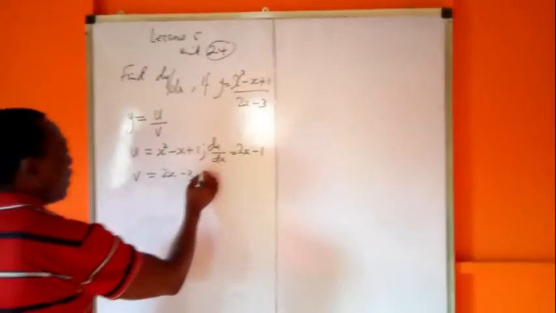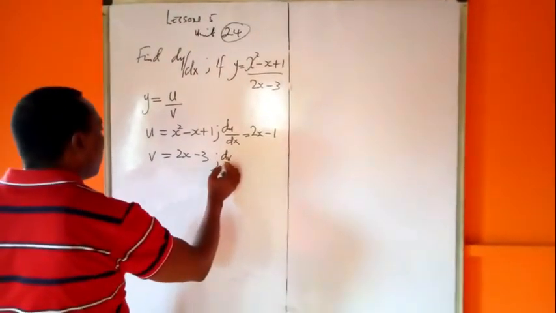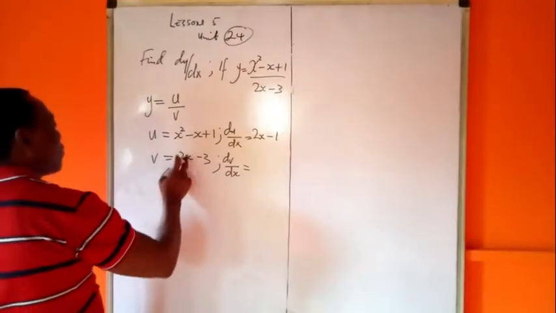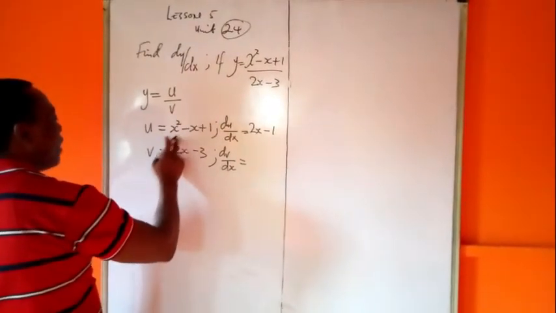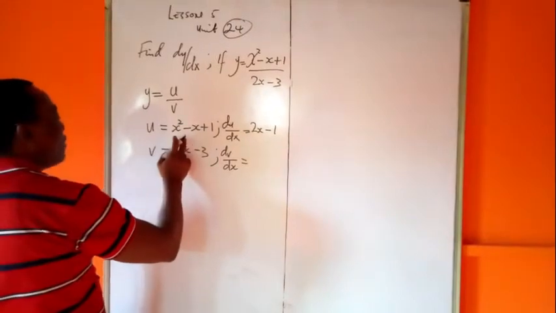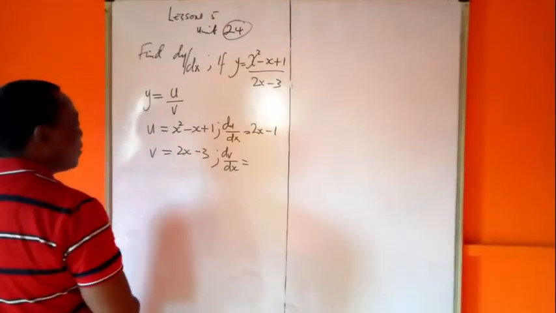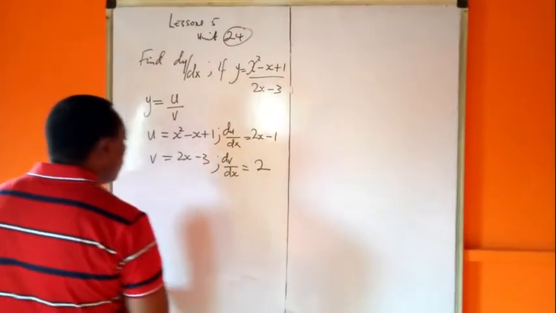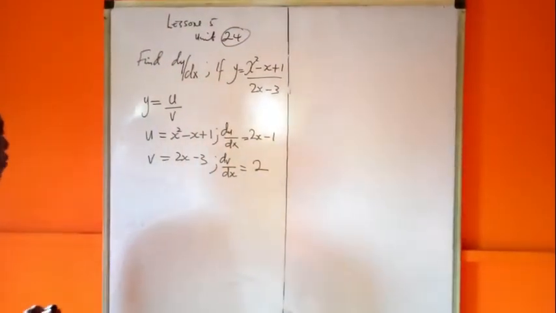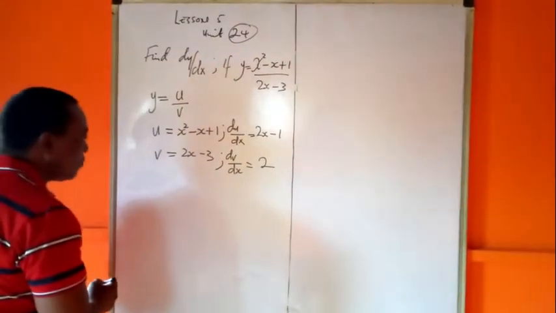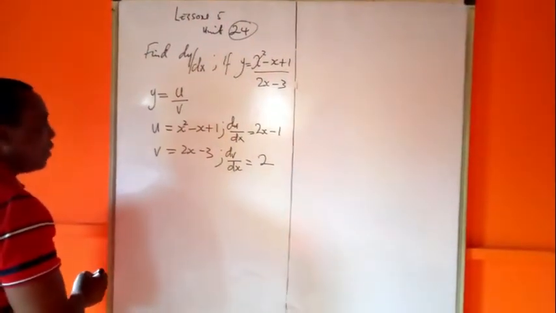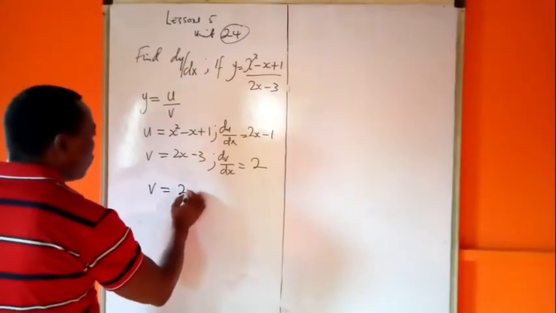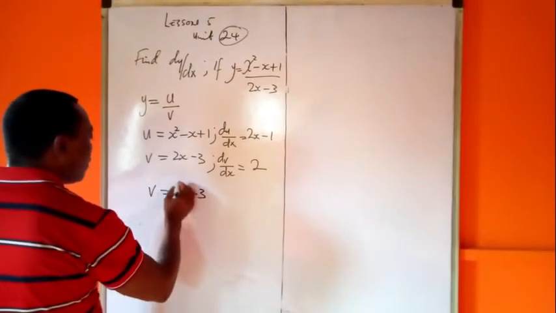So if you differentiate the v over the x, differentiate this constant 0, so it becomes 2, x becomes 1 minus 1, anything raised to power 0 is 1, so it becomes 2. So having done that, you are left with your v. What is your v square? V square is simply 2x minus 3 raised to